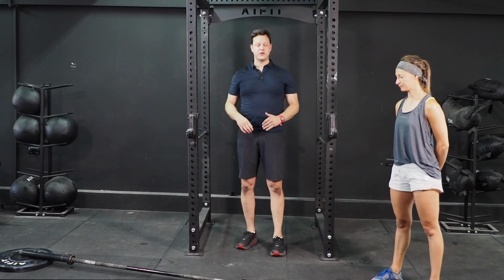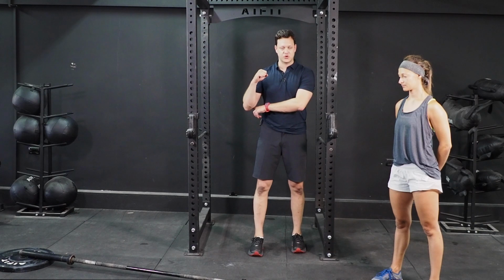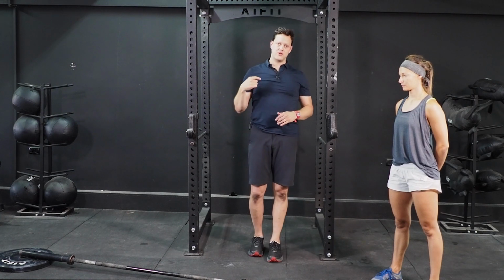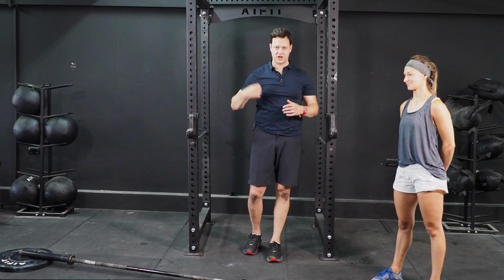Now, if you found today's video to be useful in helping you learn how to do the landmine press, especially keeping that window between the elbow and the body, and why and how the bar needs to move to get good glenohumeral rhythm, that's just a fancy term for the upper arm bone in the shoulder socket,